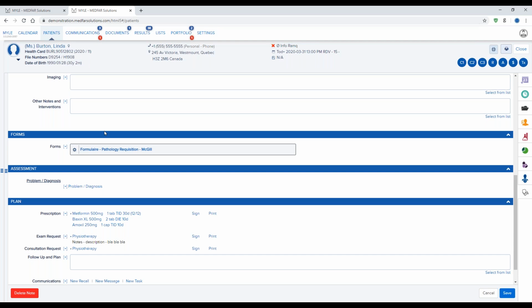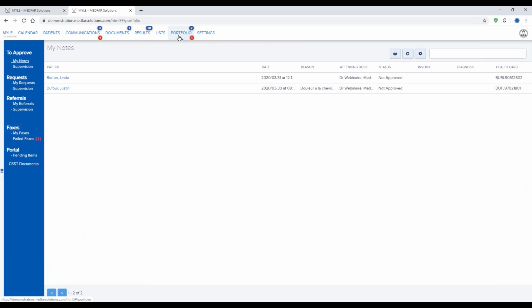Now, what I want to make sure of is, how do we make sure that my faxes have been sent? Is there an acknowledgement that is sent to us? Is there anything else of this nature that I can get access to, to validate the whole process? The answer is yes. I will invite you to visit the Portfolio tab on top of your screen. So if you go through Portfolio